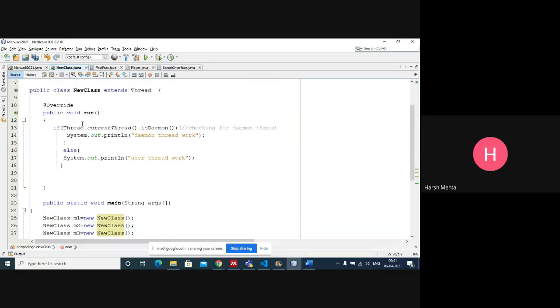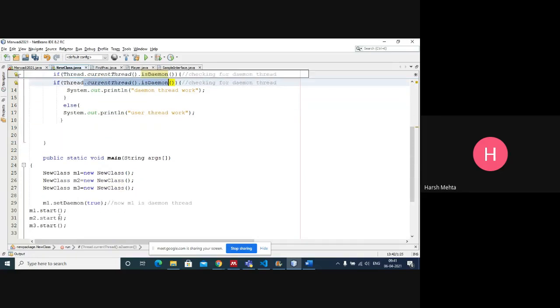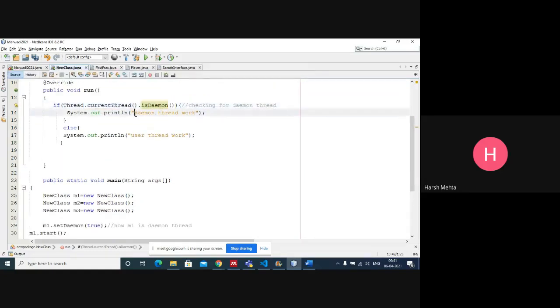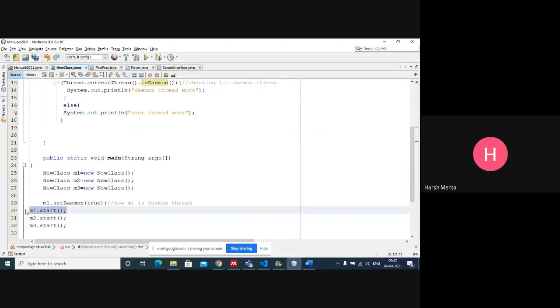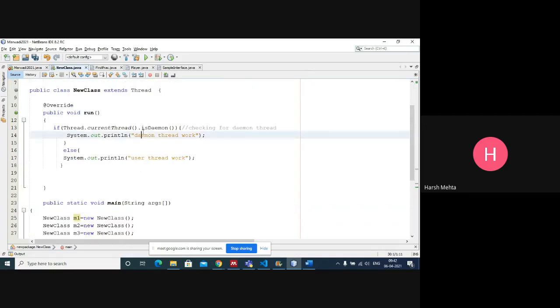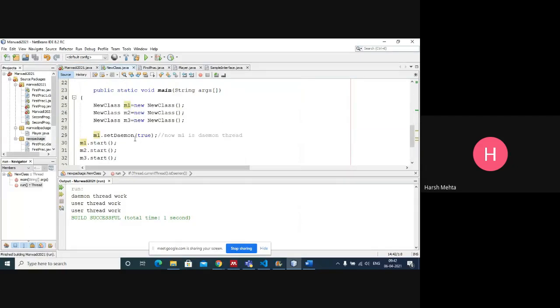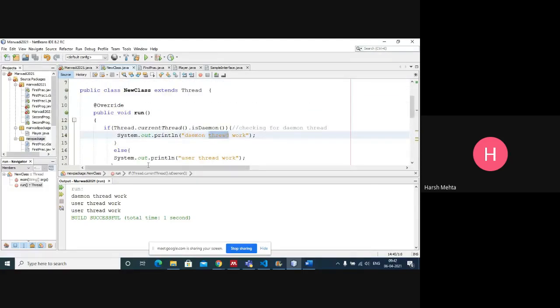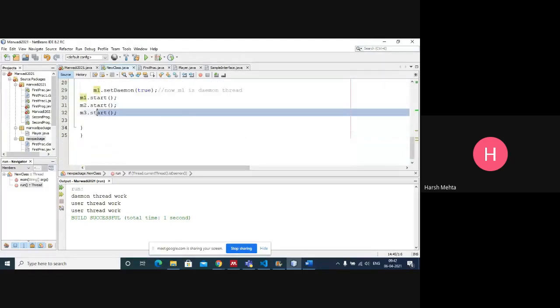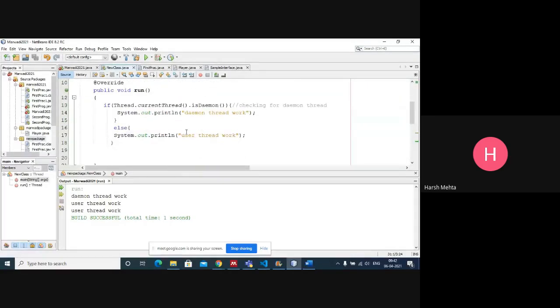Fine. So thread dot current thread is daemon. So it will check. So first M2 and M3 will run. It will print user thread work, and as soon as M1 thread starts, it's a daemon thread, so it will print daemon thread, and then for M2 and M3 it prints user thread works.